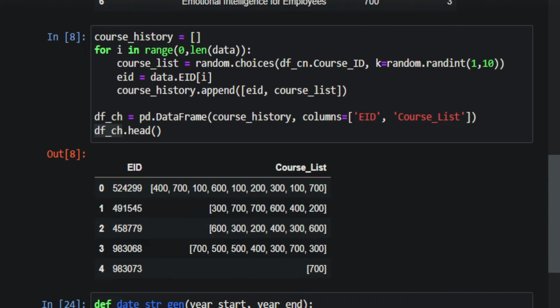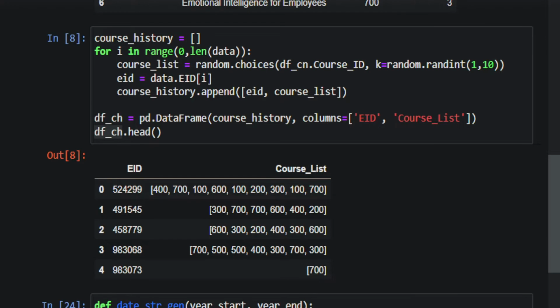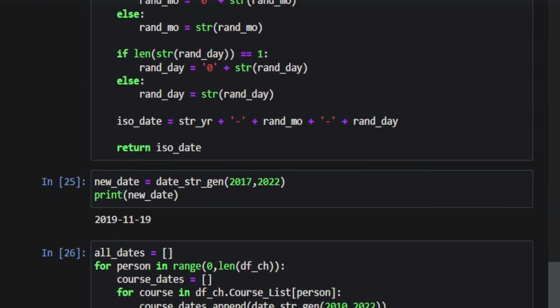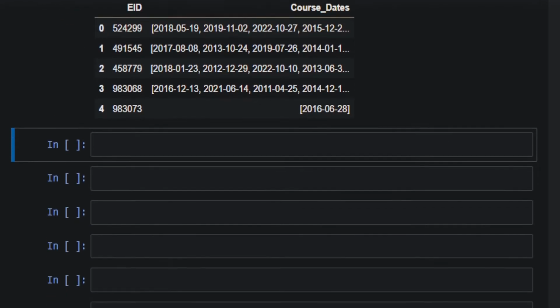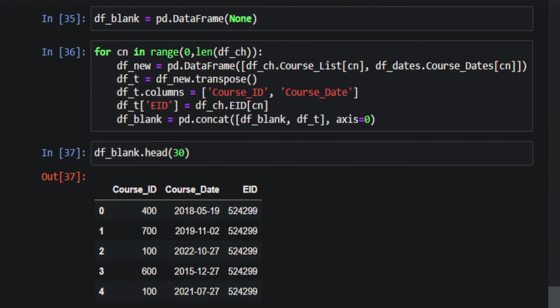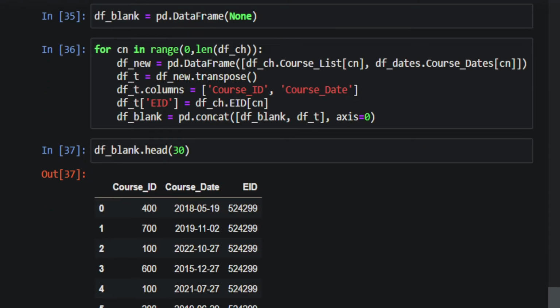So now we can actually go through and iterate through and make a single data frame that has all of that information together. So now that we have all of our dates, I've created a blank data frame, so I call it df blank. We've got PD data frame, just put none in there, and it just adds an unspecified value to the data frame. And then what I've done is I've looped through